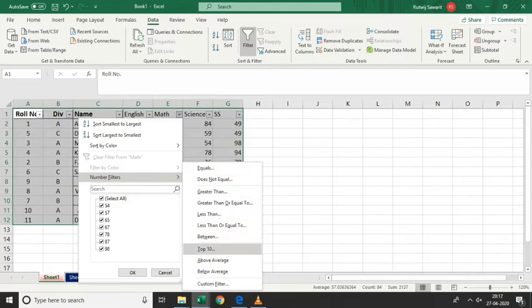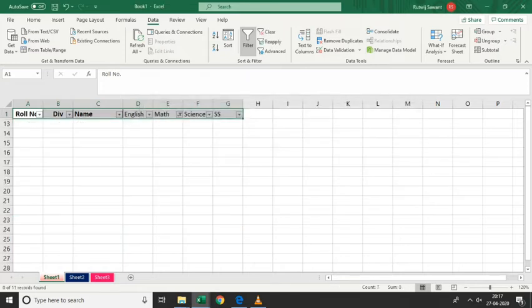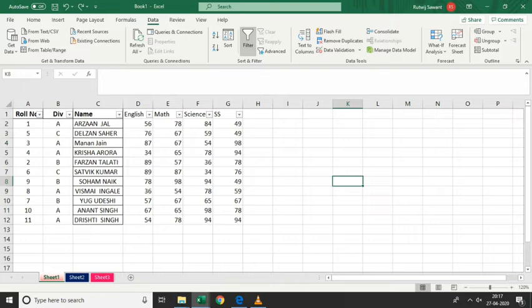Okay, so no one has scored equal to 50. So it will give you a blank. So this is called a custom filter. Using this filter option, you can try out the different conditions. It gives you so many options.